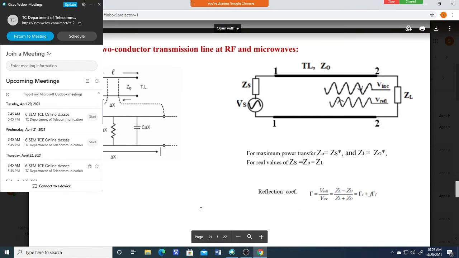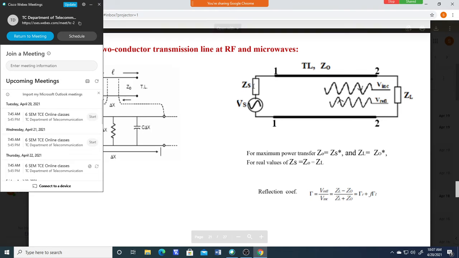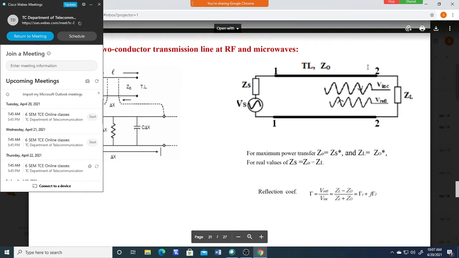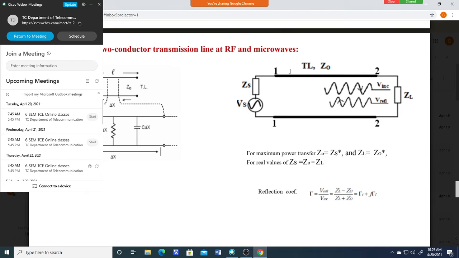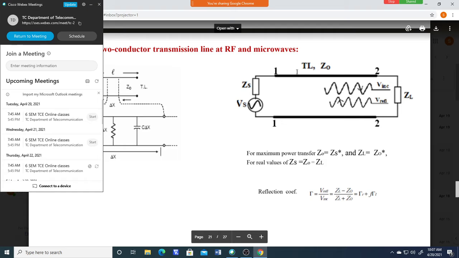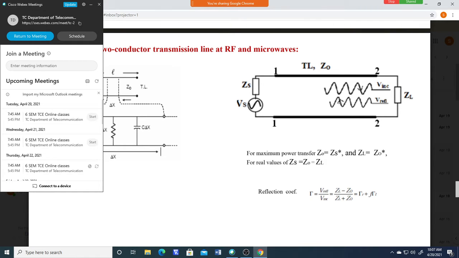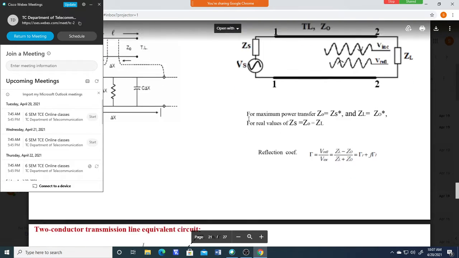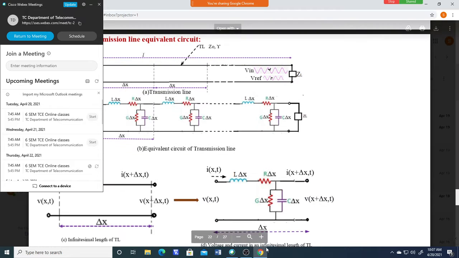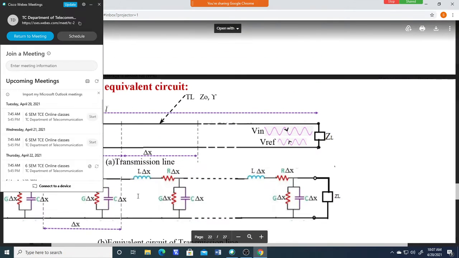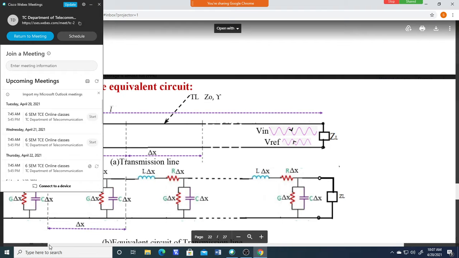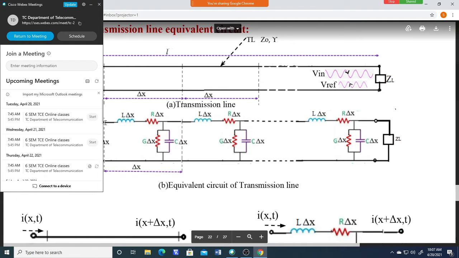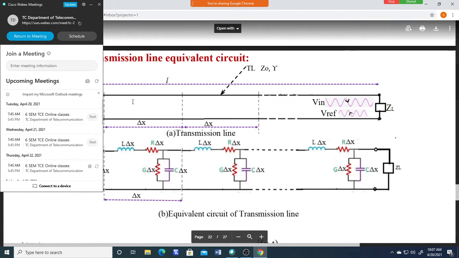In the previous class we were discussing why this Z0 and propagation constant will be there. That is why we cannot treat this simply as a short circuit. That is because of this small piece of wire. For example, like this, this is a transmission line, this is our transmission line interconnect.